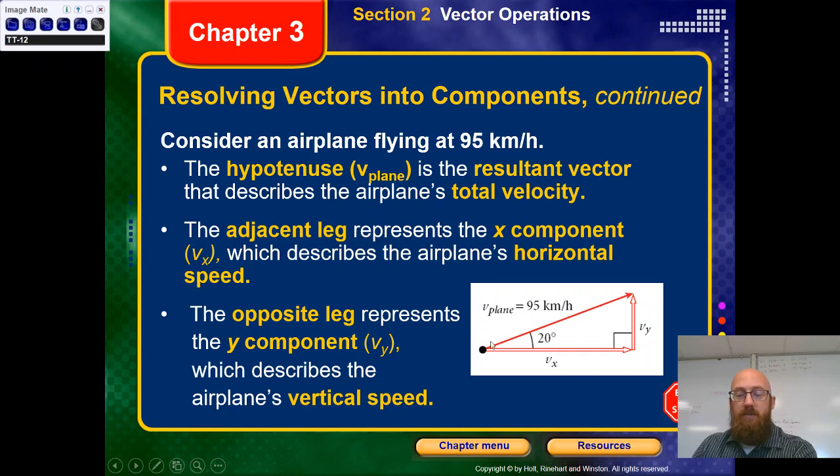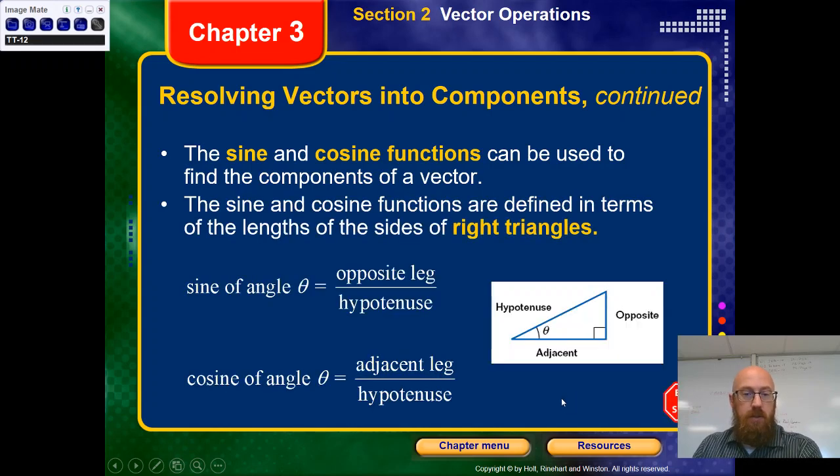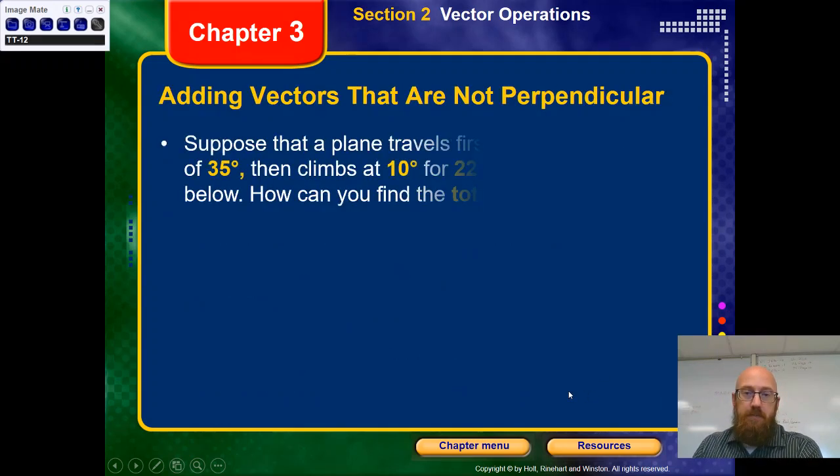So here we go. We've got a plane taking off, velocity at 95 degrees. Can we find the vertical components and the horizontal components? The answer is yes. This one's actually fairly simple. Use sine and cosine. If you don't know sine and cosine, sine of an angle, opposite over hypotenuse, SOH CAH TOA. So, using that simple idea,